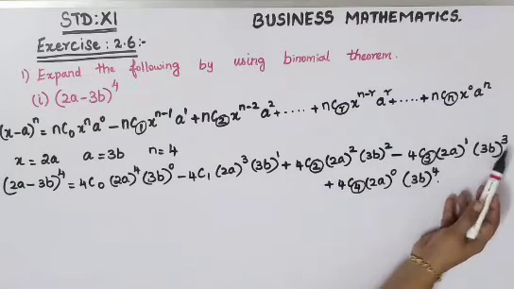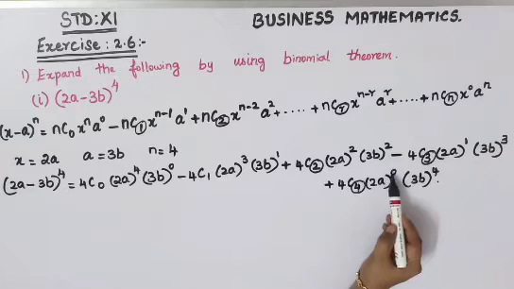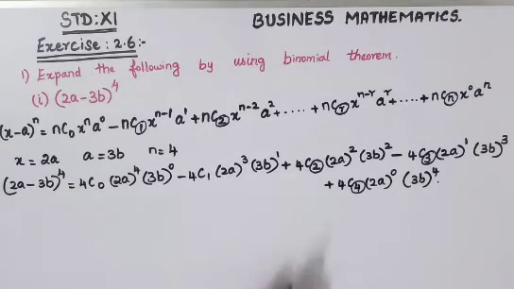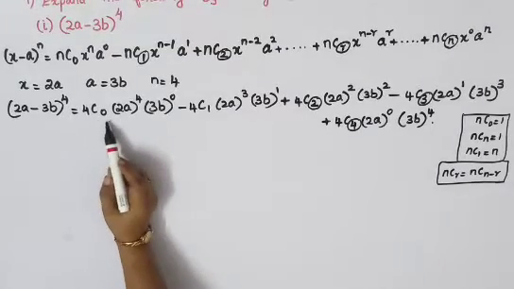Here 1 plus 3, again you will get n equal to 4. Here 0 plus 4, so that is equal to 4. If you are replacing a power 4, then what you have written is correct. Okay, so you can check it according to that. First we will just solve all the nCr format.